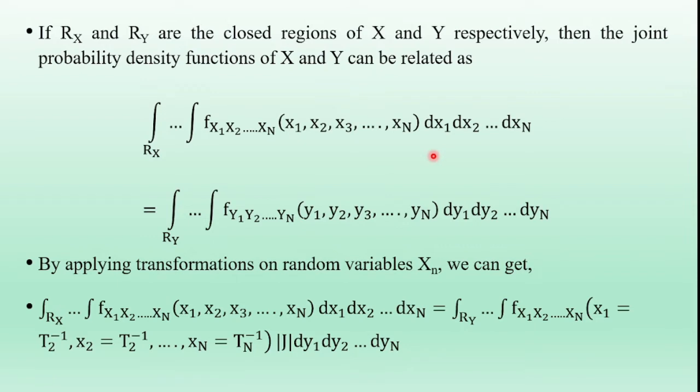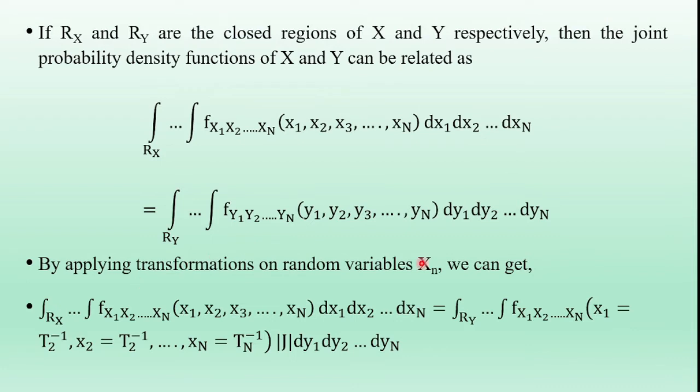If R suffix x and R suffix y are the closed regions of capital X and capital Y, then the joint probability density functions of random variables X and Y can be related as follows: the integral over the region Rx of the joint probability density function of the capital N random variables, that is f of X1, X2, X3 and so on up to XN, of x1, x2, x3 and so on up to xn, dx1, dx2 and so on dxn, is equal to, so one set of the random variables